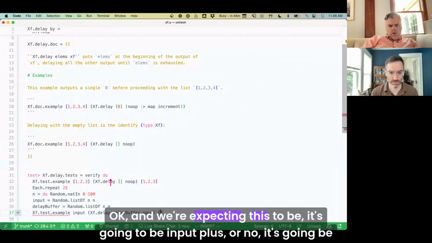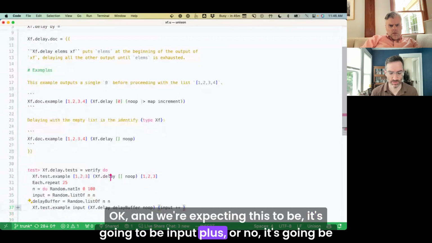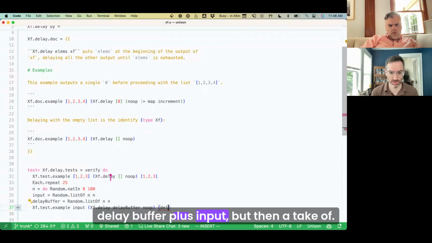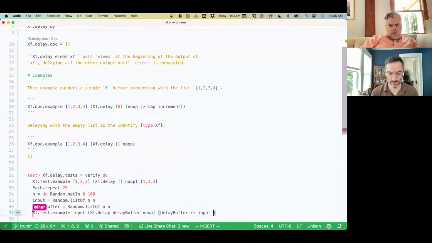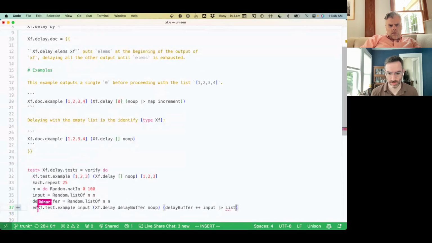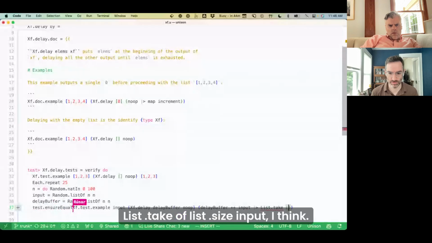Okay, and we're expecting this to be input plus, or no, it's going to be delay buffer plus input, but then a take of, like a list.take of list.size input, I think.